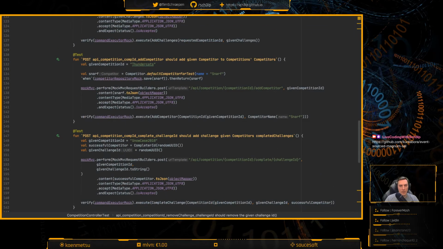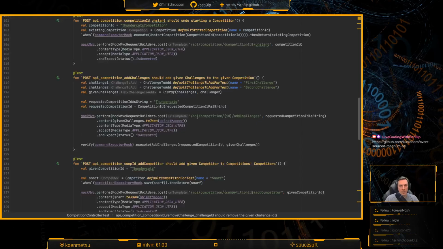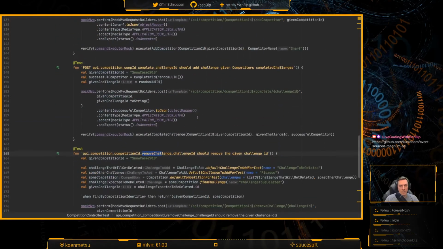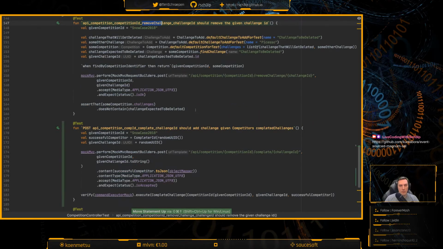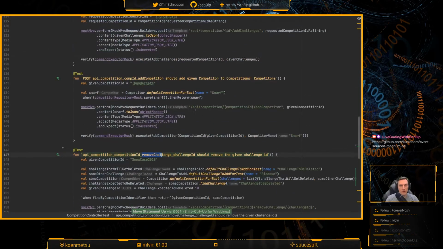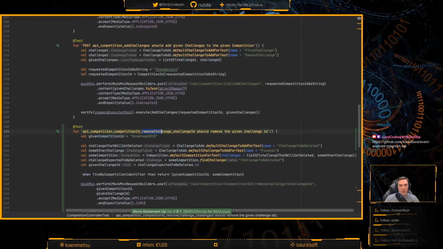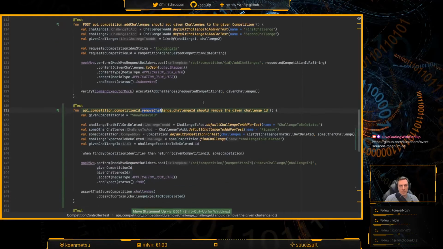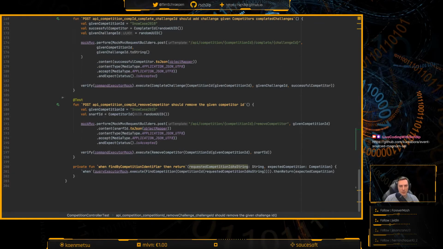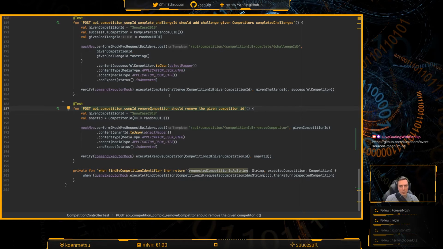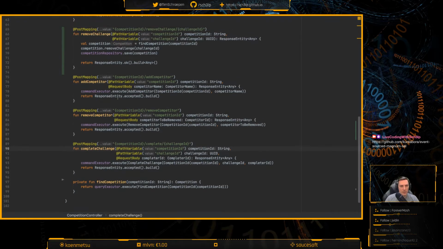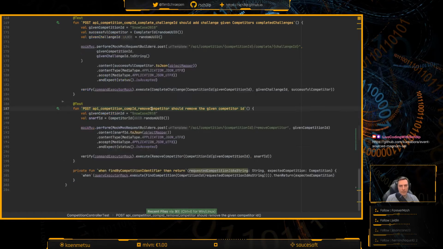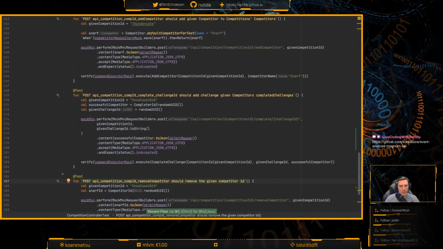Complete challenge, add competitor, add challenges. Let's also move it just like we have done with the regular method. So after add challenges, and then I forget where remove competitors is coming from, because I don't think it's the last thing. No, complete challenge is the last thing here.